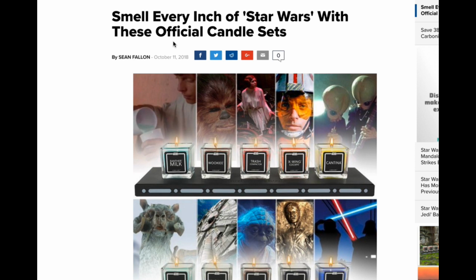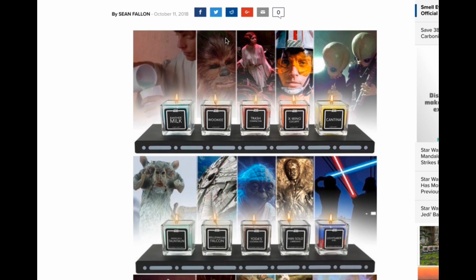So, the first item we're looking at, there's an article here on comicbook.com, and the author was Sean Fallon, and the title is "Smell Every Inch of Star Wars with These Official Candle Sets." So you can see,